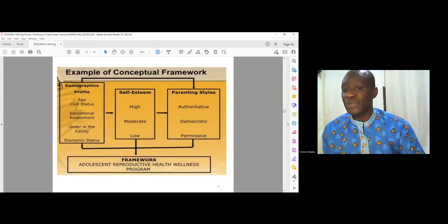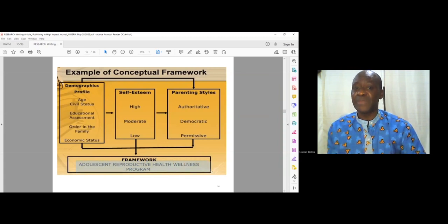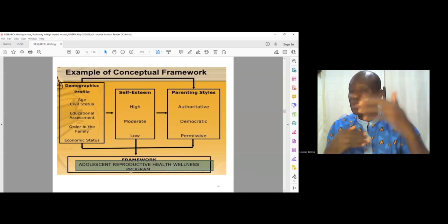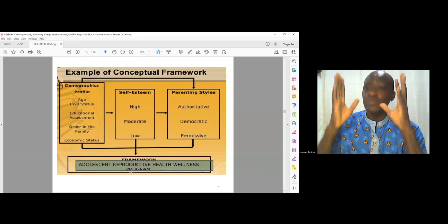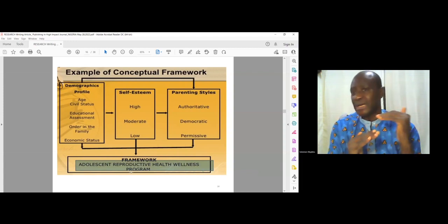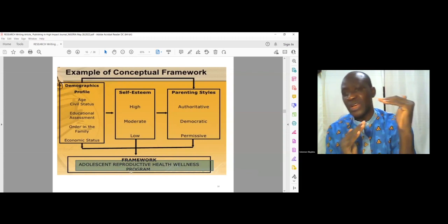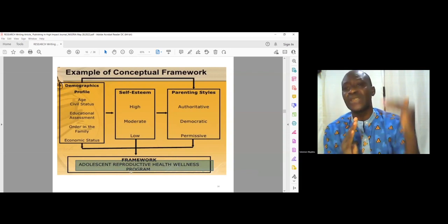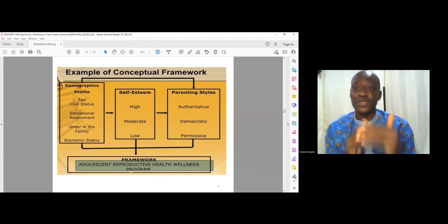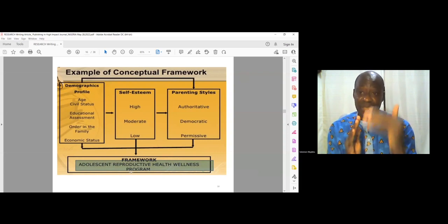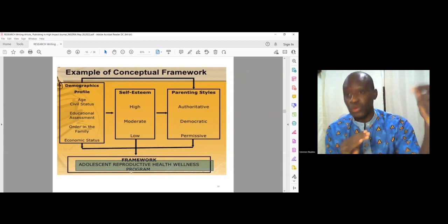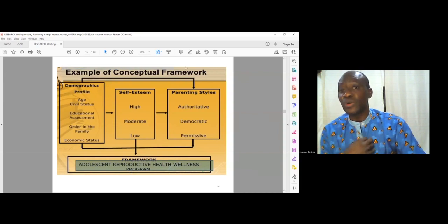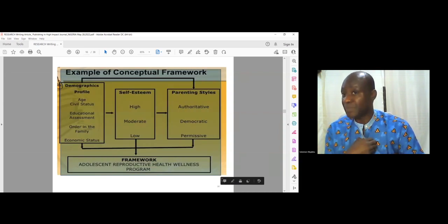What did they want to investigate? This will be the dependent variable. So if your review is not giving you an understandable framework, we need to go back. You need to consult a statistician or someone that is good in structural equation modeling, or someone that is good in the use of NVivo if your study is qualitative research, where they are using thematic analysis with NVivo. So you can consult them so that they will develop your review into a framework.